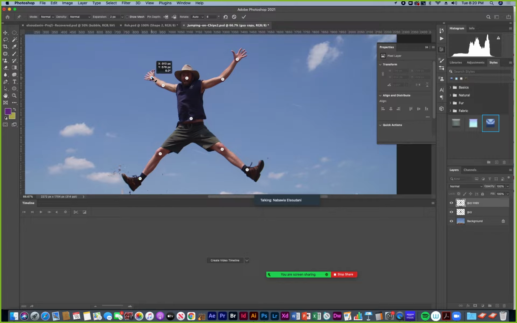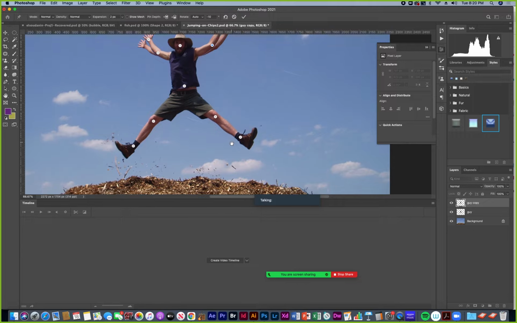So I'm going to drag on the pins to create a new position for his arms and legs. So I can do this, this, this. Don't do that, because that could hurt.